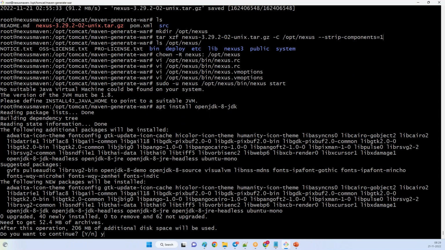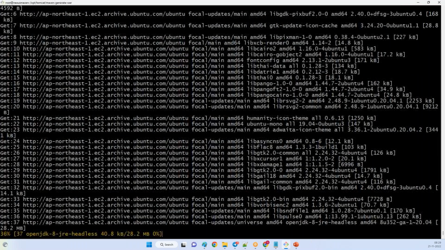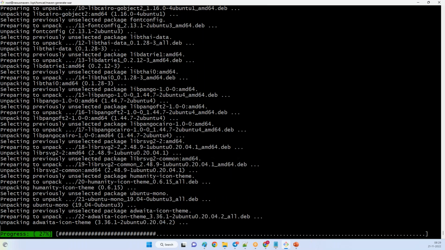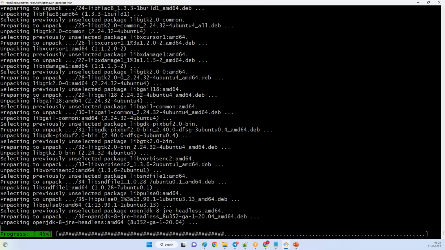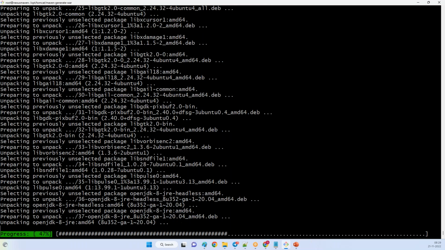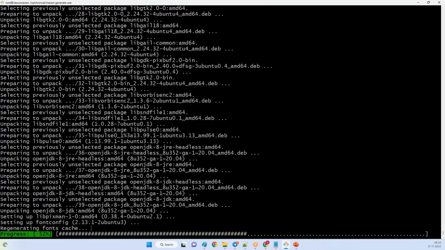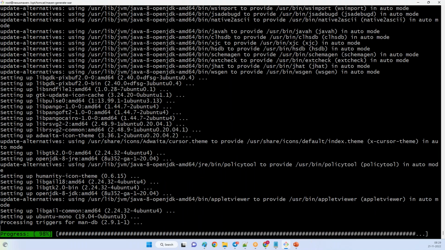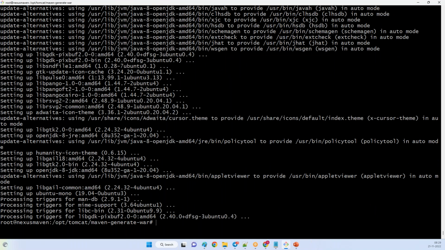The Nexus currently supports only 1.8. Let's try to start it. Now the Nexus is starting.